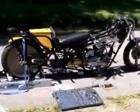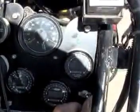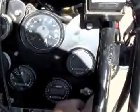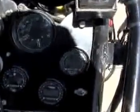And I'm going to show you the gauges. These are some new gauges. To the upper left is an oil pressure gauge that's currently not working, and there's also a head temperature gauge. The three lower to the right gauges are Innovate gauge system, and there's